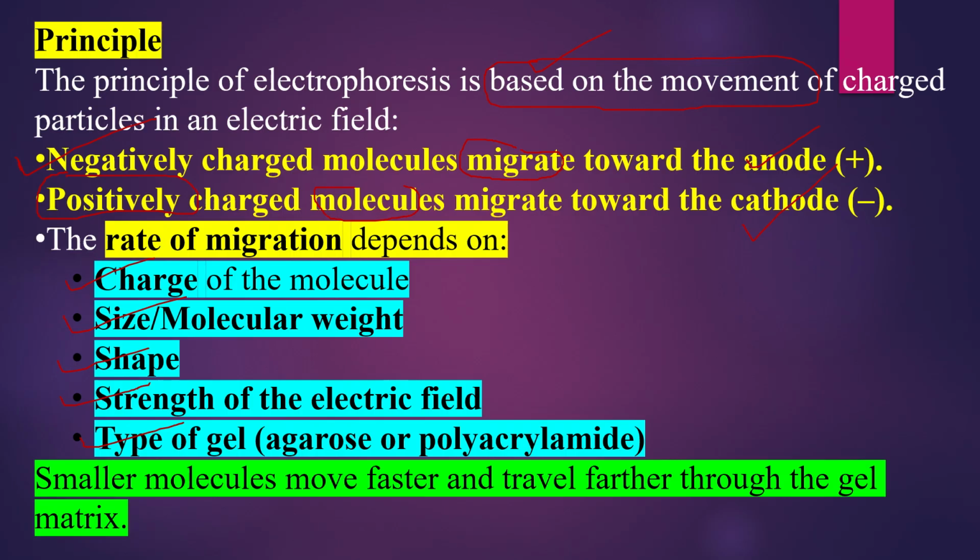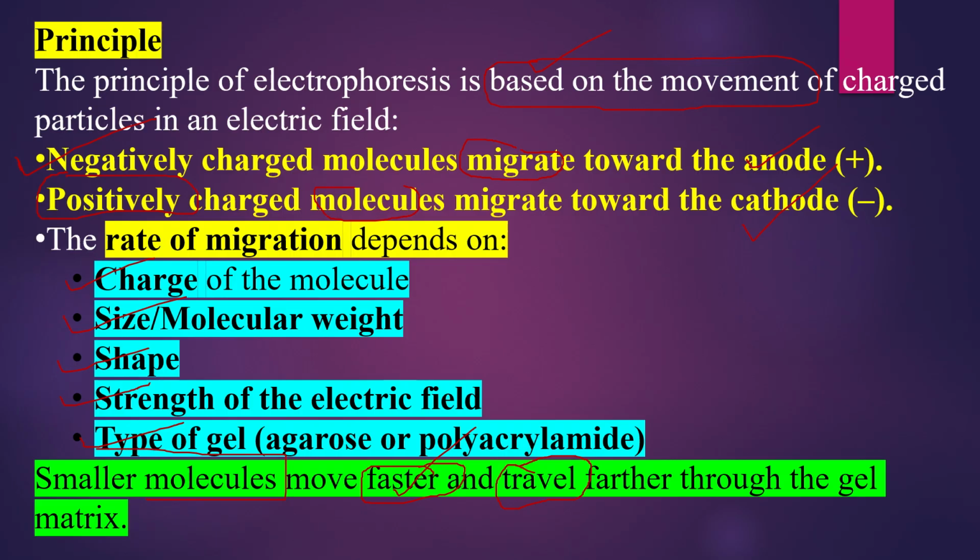Now, if you talk about the migration rate, the smaller the molecule, it will move faster. For example, in a crowded train, the person who is very thin can board very quickly, whereas a person who is obese may find some hindrance while boarding into the crowded train. Similarly,